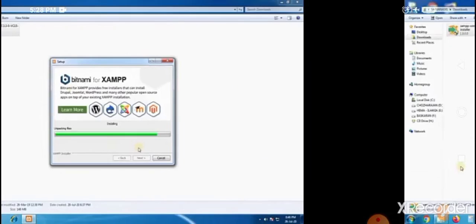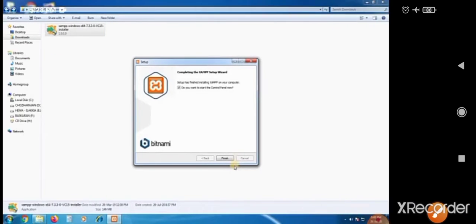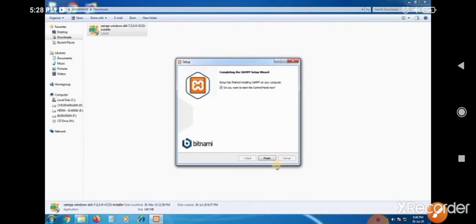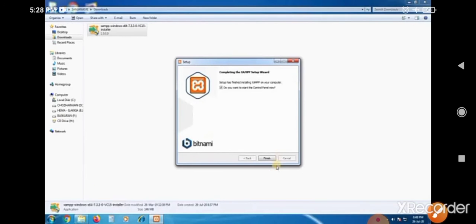After the completion of the installation, this next button should be changed into the finish button. So this is the finish button. Here we can click the finish button. Now we are completing the XAMPP server installation.